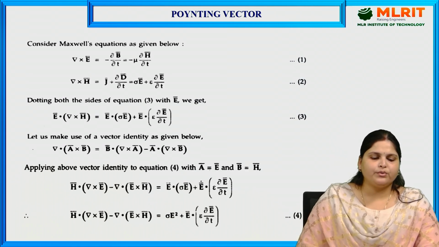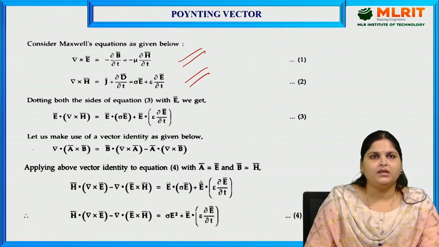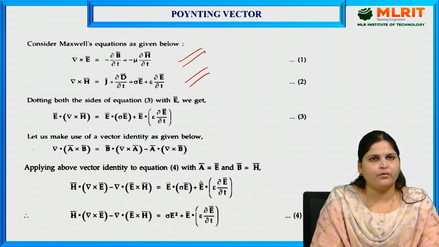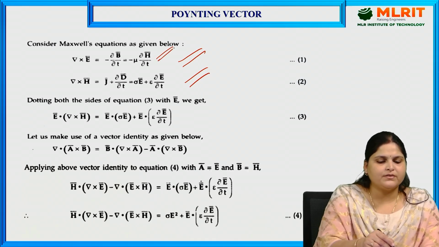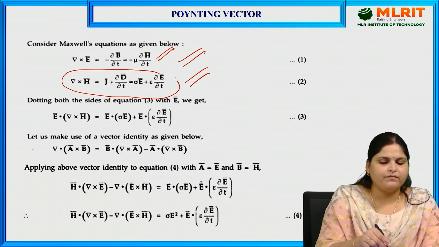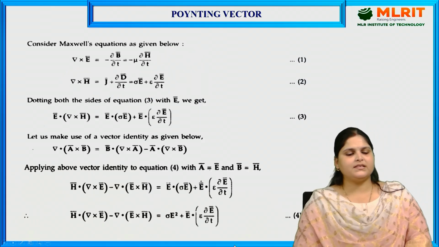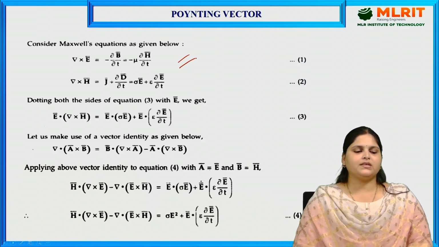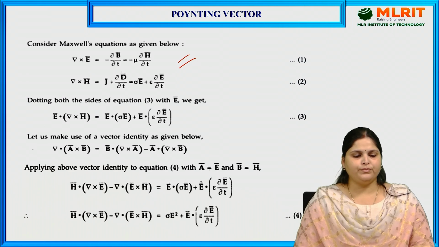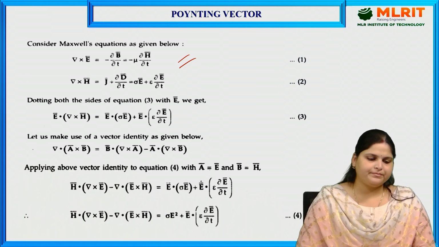So we are going to consider these two Maxwell's equations, the 3rd and 4th, when we write all 4 equations in sequence. This equation is for Faraday's law of electromagnetic induction, and this equation is for the modified Ampere circuital law. So let's consider these two equations. Del cross E is equal to minus dou B by dou t, which is equal to minus mu dou H by dou t. This is equation number 1 for this particular derivation.